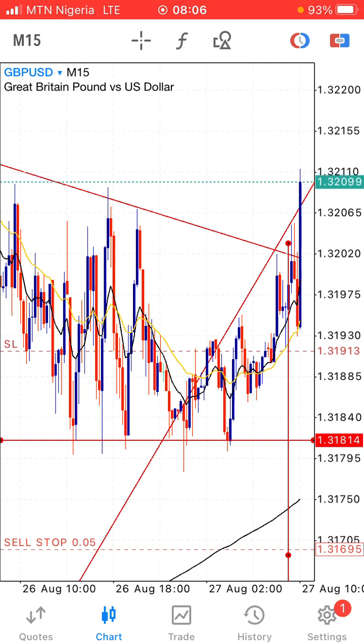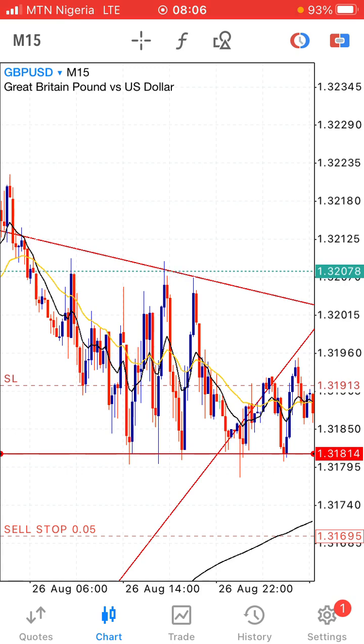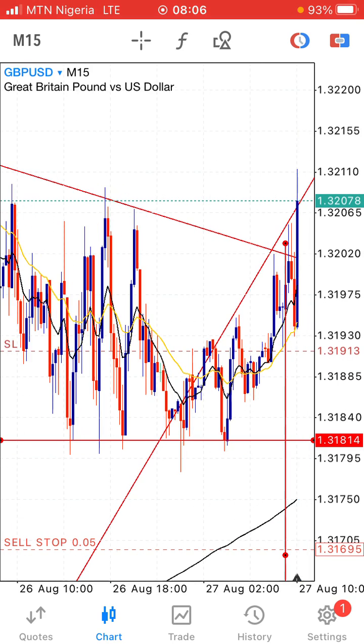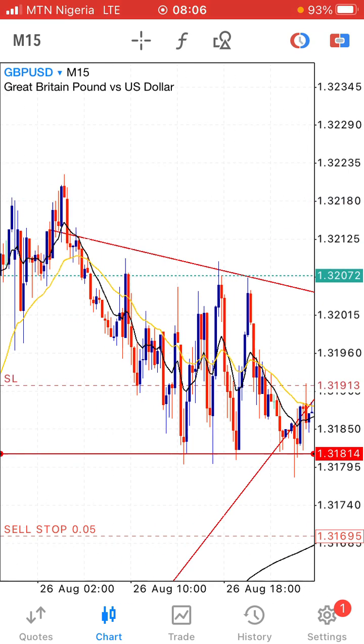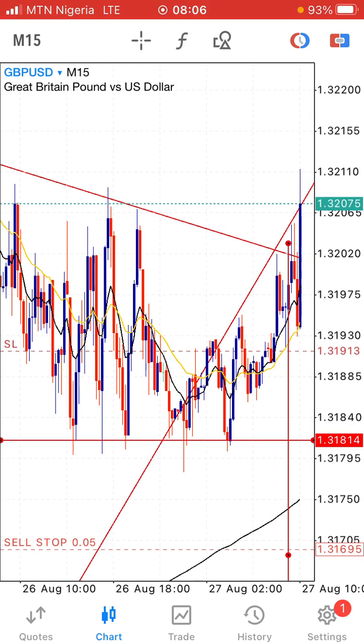But if it doesn't understand that, remember there was a massive rejection here, it has broken this trend line. There was a massive rejection. At this point, also there was a rejection. The market was about coming down. There was a rejection before this thing now. There has been massive rejection. It's finding it difficult to break this high. They find it so difficult to break that height.